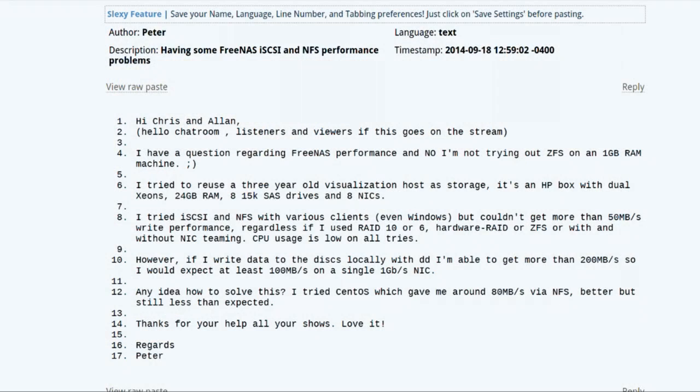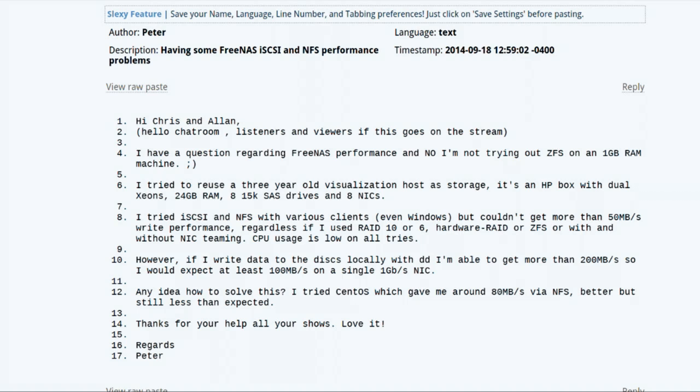Our first email this week comes in from Peter, and he says, "Hello, Chris, Alan, hello, chat room, and listeners and viewers. I have a question regarding FreeNAS performance, and no, I'm not trying out ZFS on a 1 gig RAM machine before you think that. I've tried to reuse a 3-year-old virtualization host as storage. It's an HP box with dual Xeons, 24 gigabytes of RAM, 8 15K SAS drives, and 8 NICs.